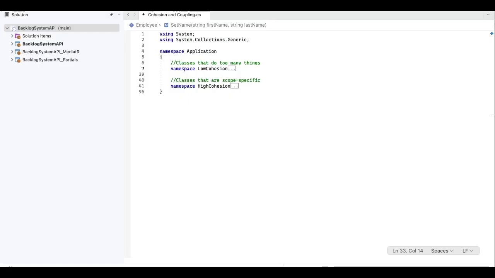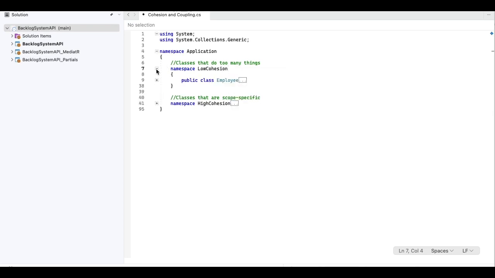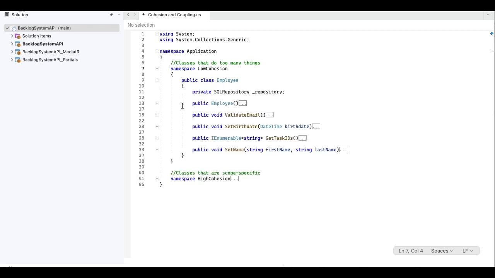Let's take a look at an example here. I created two namespaces, one for low cohesion and one for high cohesion. Let's take a look at the classes inside them. So there's an employee class, and inside the employee class, we can see several methods. Now, this already looks weird because the employee class normally would be some sort of data object, data model, but we already see that there's something like get task IDs, there's even a repository, there's a validate email, which already